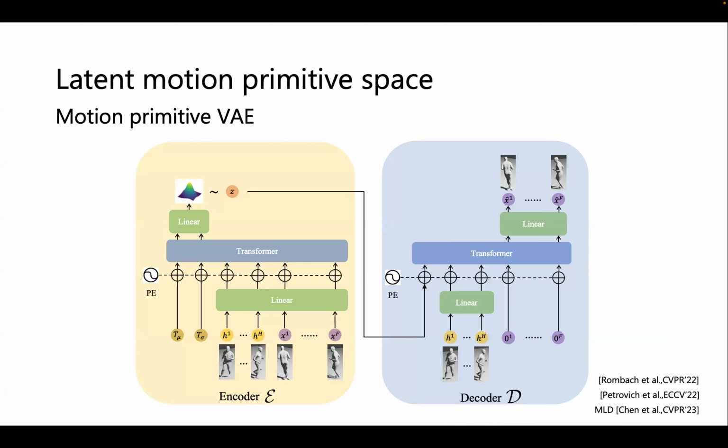So now I'll tell you what we can do with this text-driven autoregressive motion primitive model. You might wonder what exactly this motion primitive model is. It has 2 parts: one is a VAE, and one is a diffusion model. The first thing we did is learn a motion primitive space using a variational autoencoder. Instead of working with raw motion representation, for example global trajectory and joint rotation, we have a latent representation for 0.25 seconds. So this is a latent space.